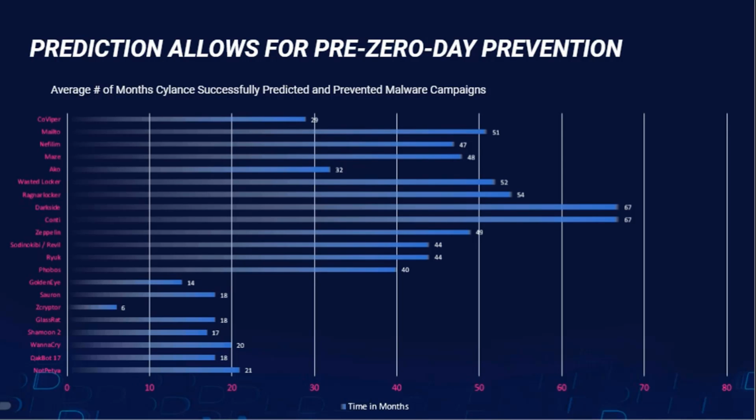When you contrast that with other legacy types of AV vendors, they would need, at the minimum, hours or days to update their signatures and then give you the protection that you need against those known pieces of malware. It's also very easy to modify the malware campaign, and we have demos to demonstrate that to you as well. You can update the signature by a little bit, and then a lot of the legacy AV vendors will not be able to catch it. So an AI-driven model, best prevention in your back pocket, is the best way forward.